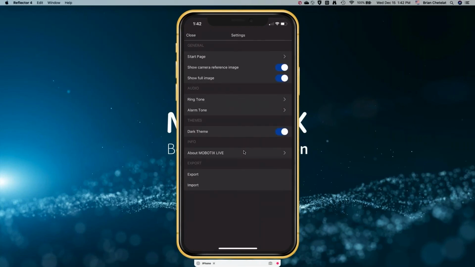Now here's the interesting one that you should be aware of. So exporting. Okay, let's say you've got a small company and you've handed out half a dozen phones, and everybody's going to utilize this app. All 6 people are going to utilize this app. Well, you don't want to have to go through setting the cameras up, pulling them into each and every app.